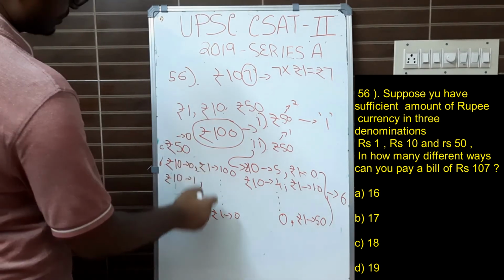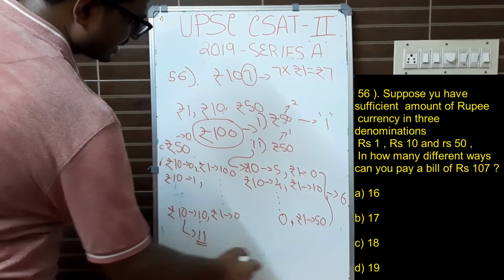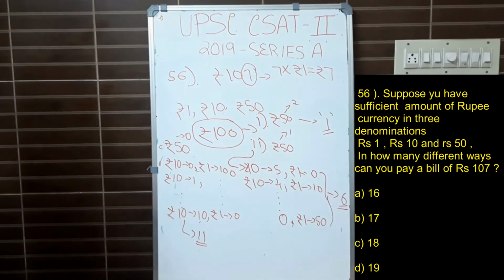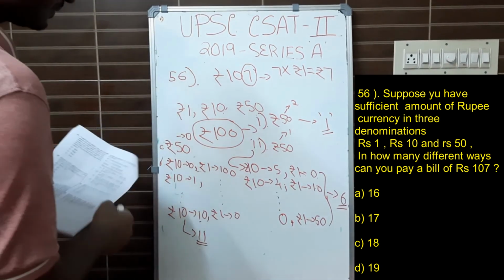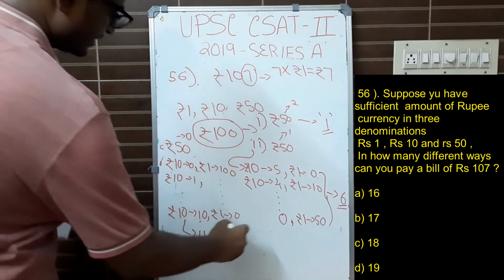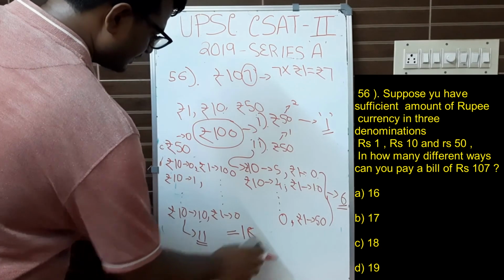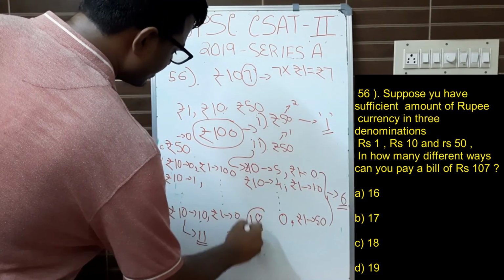Because it starts from 0 and reaches 10, there are 11 possibilities. I will underline here 11. You have 6. You have 1. So when you add this, 11 plus 6 plus 1, you reach 18. So there are 18 different ways by which you can pay up rupees